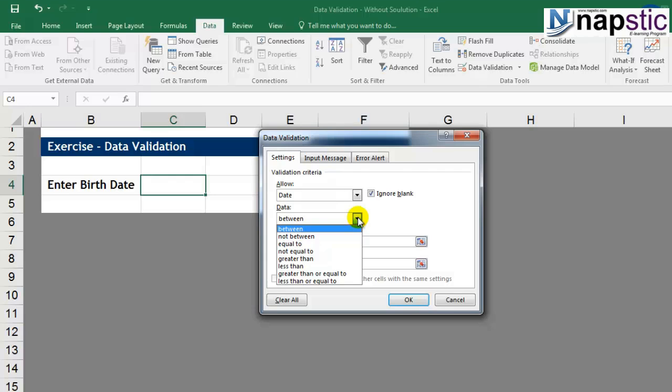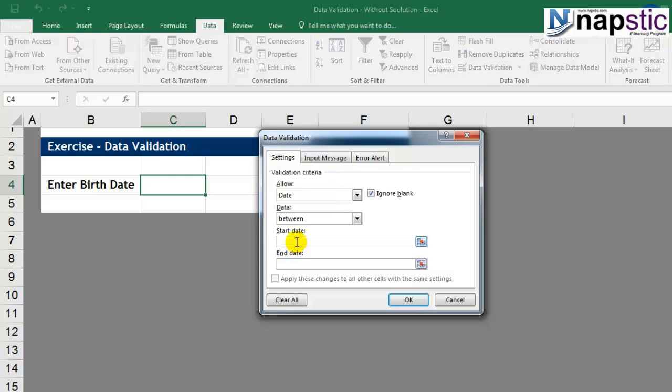The data should be between, not between, equal to, not equal to, greater than, less than, greater than or equal to, less than or equal to. I want a date between a start date and an end date, so the date should fall only between those two dates. So obviously I'm going to select between. Let's say I want the start date of my database to be January 1st, 1900.